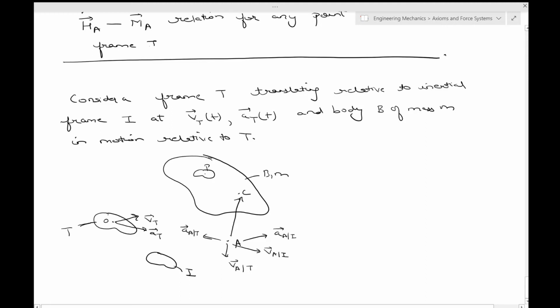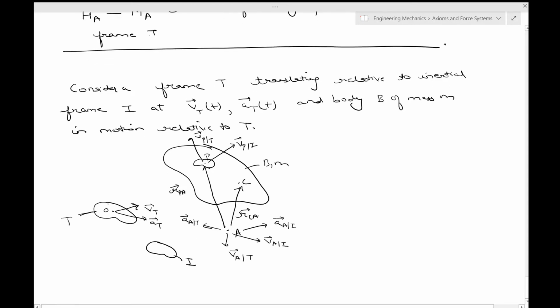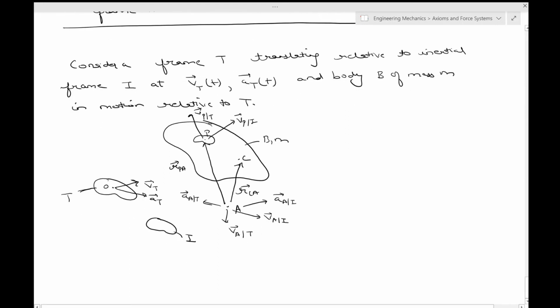This is RCA. This is RPA. Okay, velocity of P, and then velocity of P in the T frame. Okay. Okay, so now we want to say that the velocity of